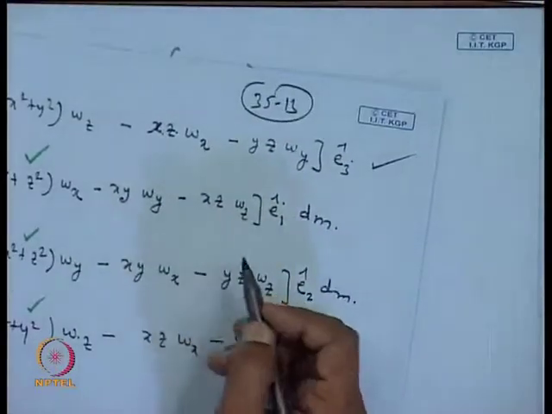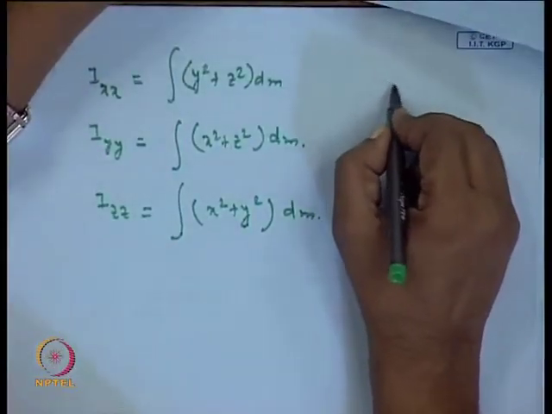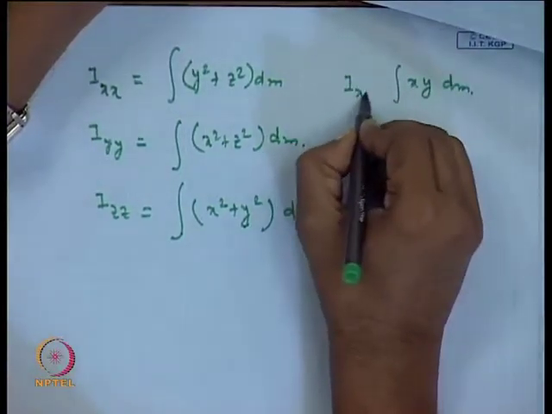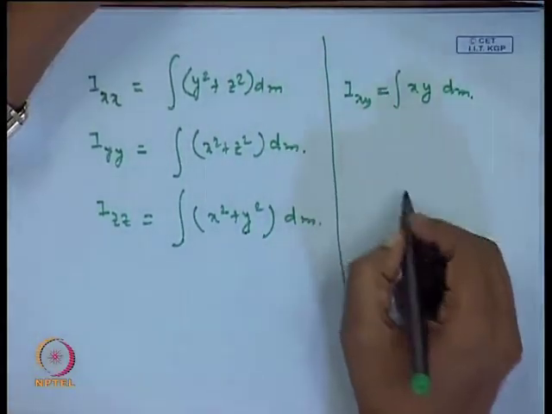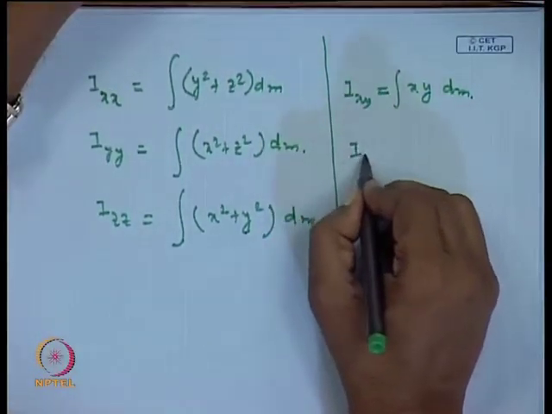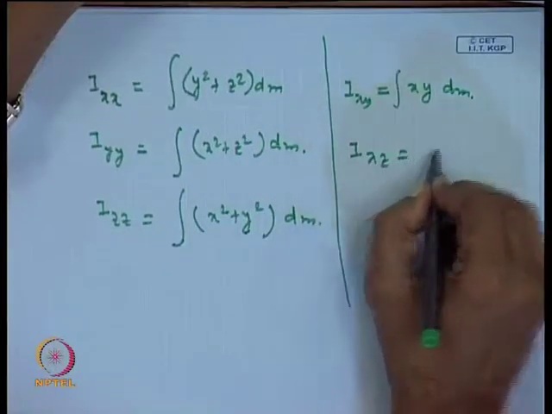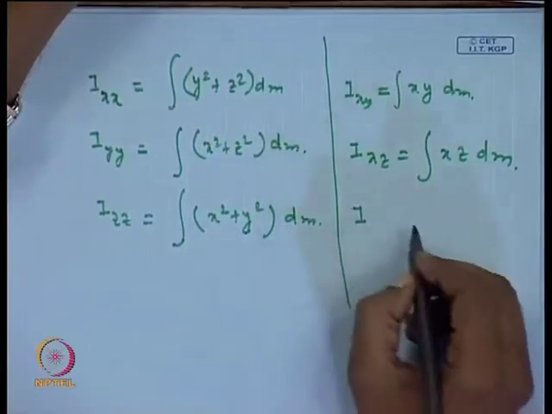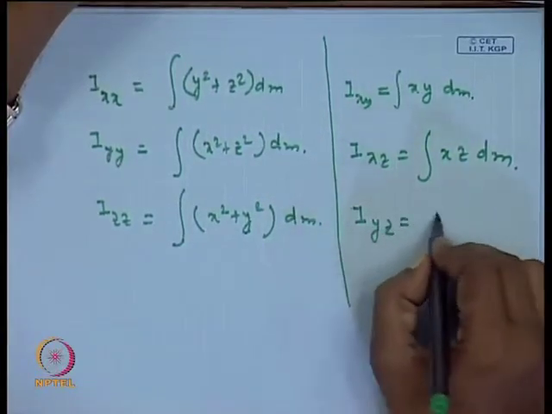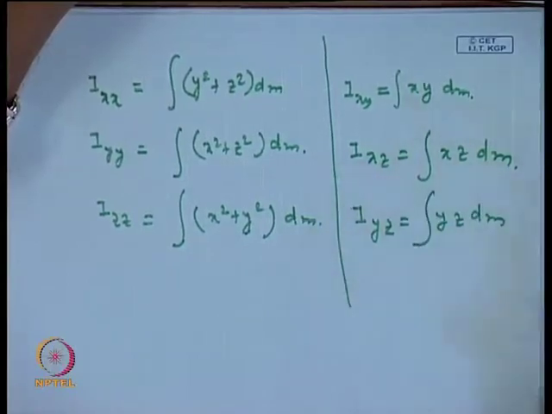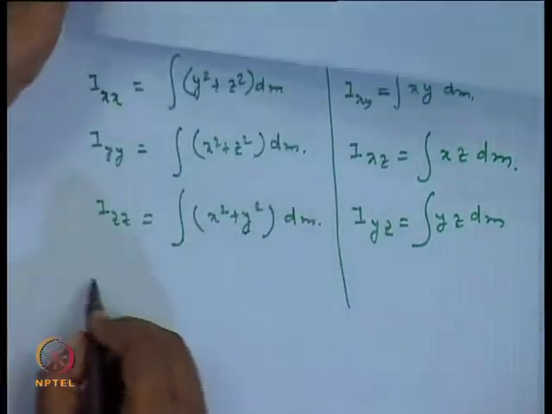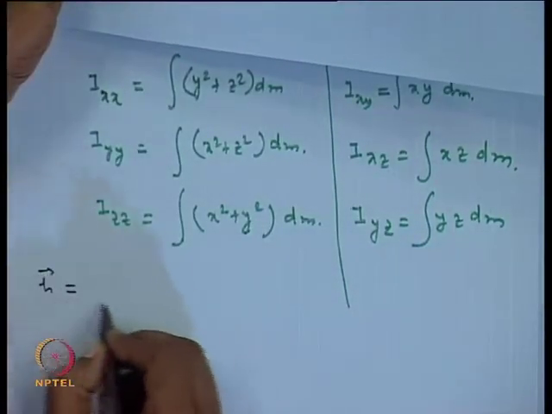Others you can identify as the cross products of inertia. So, the other terms we will write as x y times d m, this we will write as I x y, and similarly I x z we write as x z d m, and I y z we write as y z d m. So, this equation that we have written from here to here will get reduced to h, you can write as